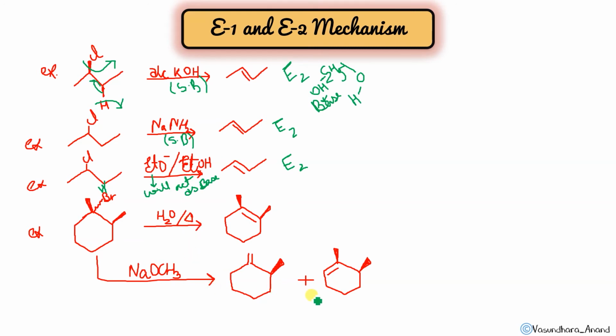Let's see. If this one reacts with this H2O, meaning here it is a weak base. So according to weak base, which product is more stable? Zaitsev product. And Zaitsev says more alkylated. So what will happen? The H here will come out. Yes. First this Br will come out. It will generate the carbocation over here, and then this H plus will come out and this bond will shift over here to form this. Clear? So this will be E1 because base is weak and temperature is there.